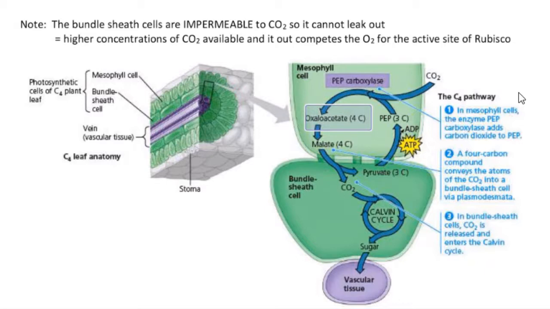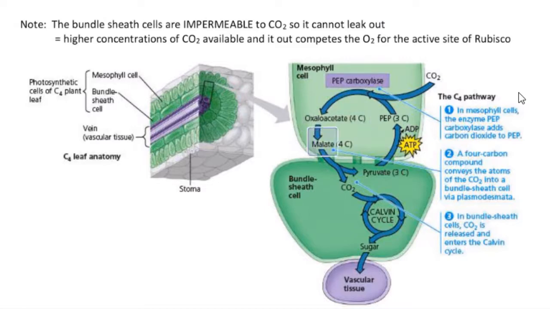That's why this is called C4 photosynthesis. Let me say it one more time. Calvin cycle: CO2 plus RuBP makes 3-PGA, a 3-carbon molecule. In C4, carbon dioxide plus phosphoenolpyruvate, PEP, produces oxaloacetate, a 4-carbon molecule,